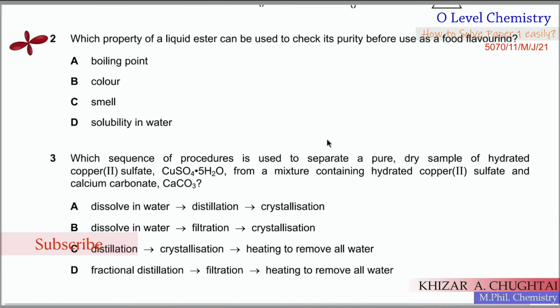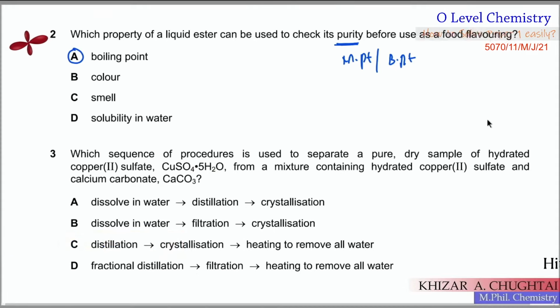The next one is, which property of the liquid ester can be used to check its purity before use as a food flavoring? To check the purity, there is only one criterion. You can check its melting point or you can check its boiling point. So A is the correct option. The next one,